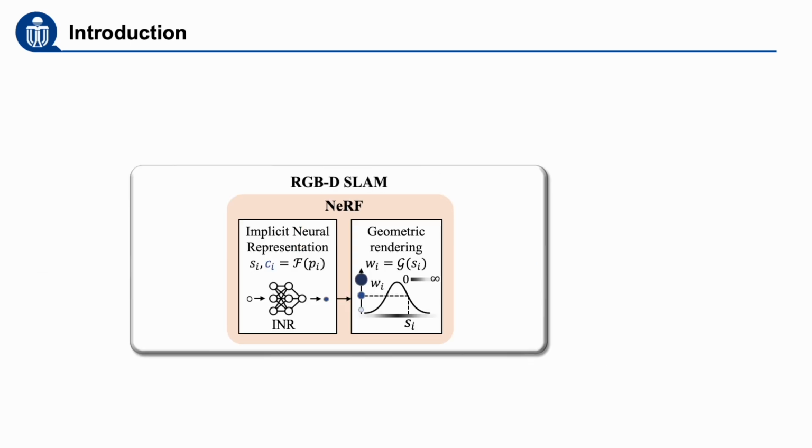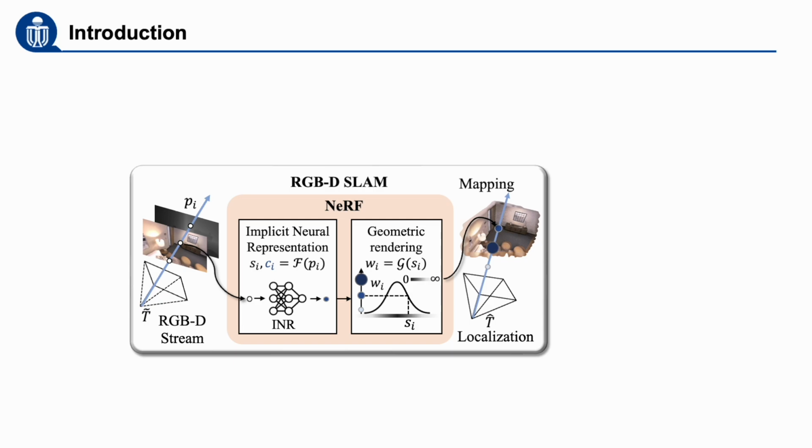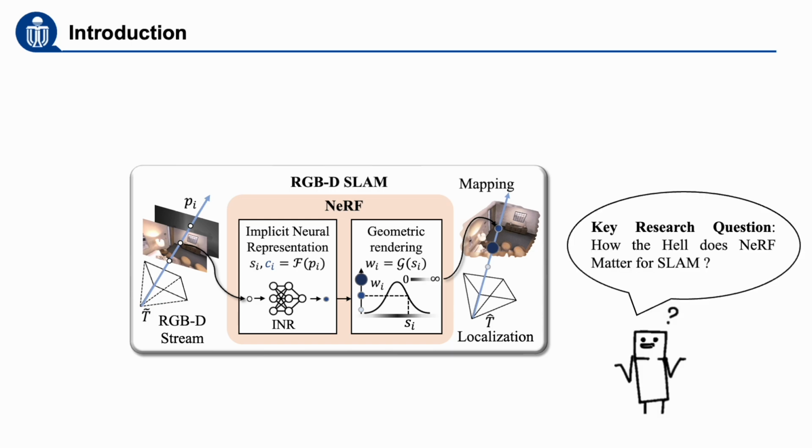Implicit neural representation, in combination with geometric rendering, has recently been employed in real-time dense RGB-D SLAM. Despite active research endeavors being made, there lacks a unified protocol for fair evaluation, impeding the evolution of this area. In this work, we established, to our knowledge, the first open-source benchmark framework to evaluate the performance of a wide spectrum of commonly used implicit neural representations and geometric rendering for mapping and localization, to understand to which extent different